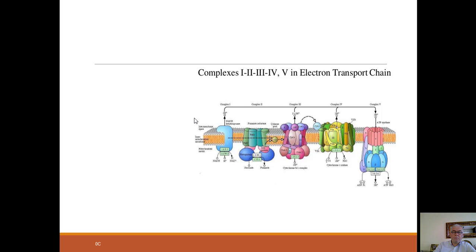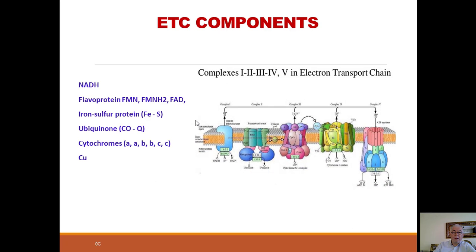And we have 5 types of protein complexes during oxidative phosphorylation. And we know very well enzymes have coenzymes and cofactors for chemical reactions. Also, the electron transport chain and ATP synthesis also have this kind of